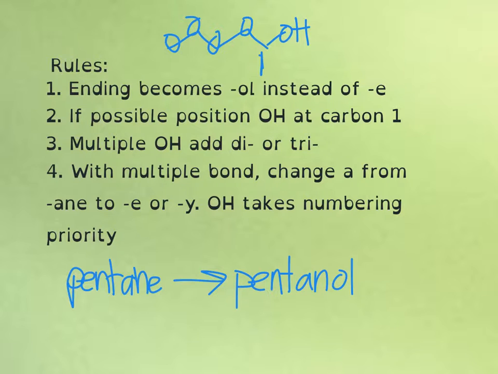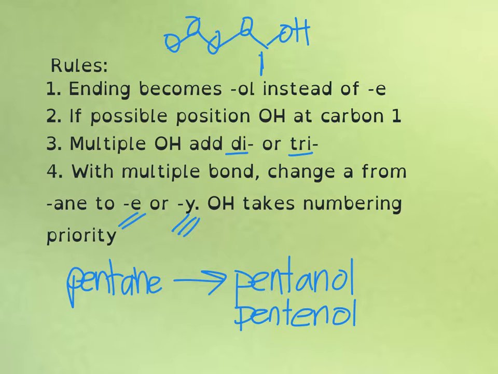If you have multiple hydroxide groups attached, you're going to use di and tri. So it would be pentadiol or pentatriol. And you would have to use the number ending. If you have a multiple bond, like a double or a triple, remember an E for double and Y for triple. So we could see a pent